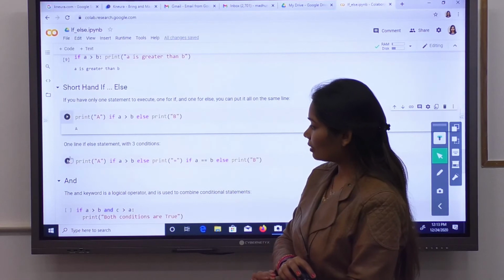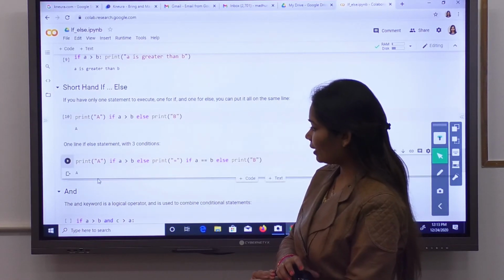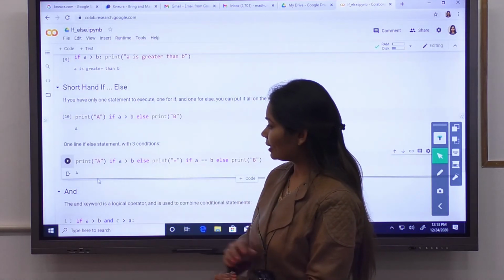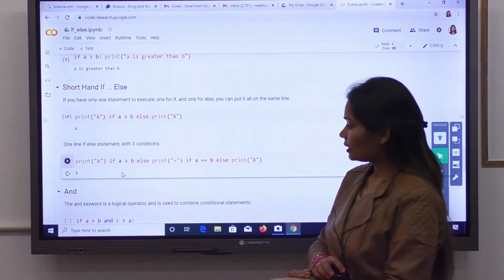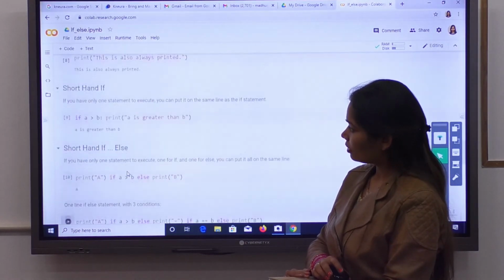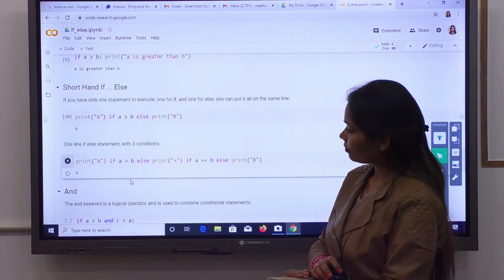How will it look like? A. Why A? Because A is greater than B. A is 200 and B is 33.